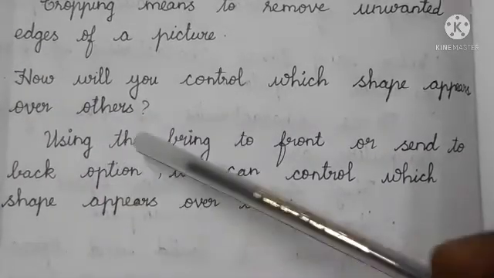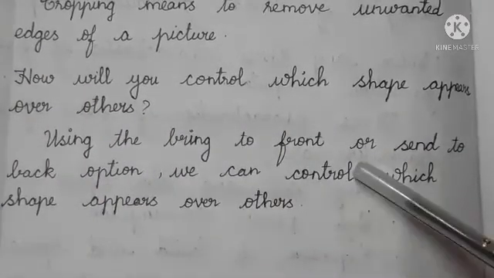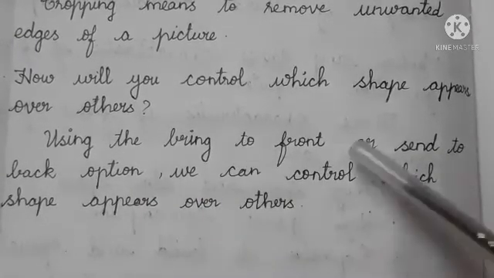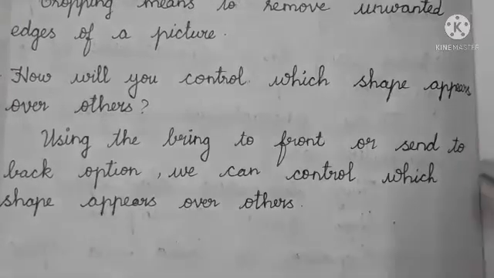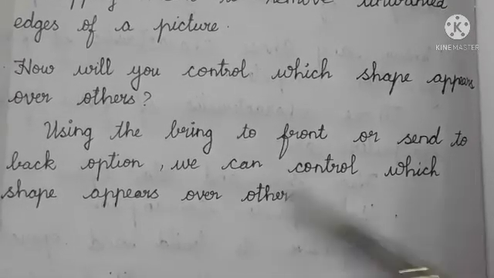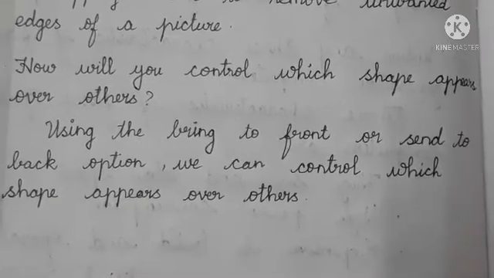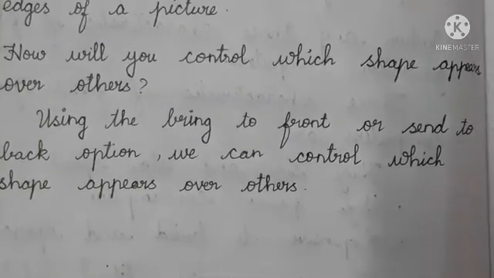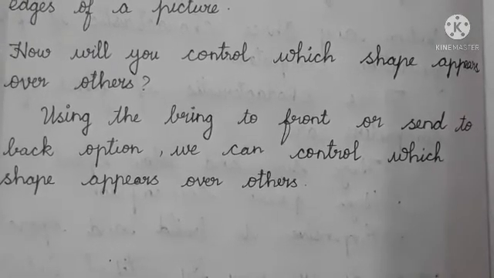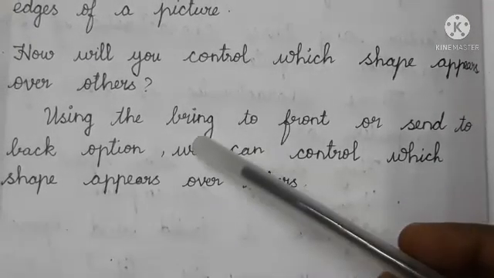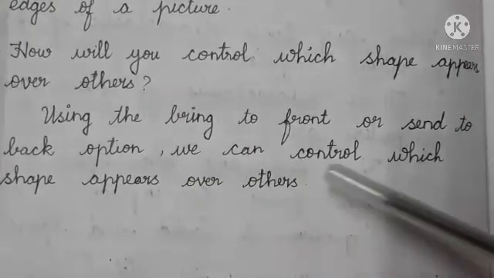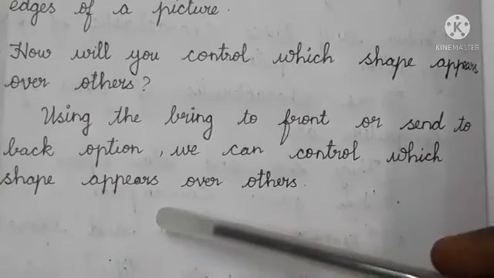See the answer: using the bring to front or send to back option, we can control which shape appears over another. See once again, how will you control which shape appears over others? The answer is using the bring to front or send to back option.